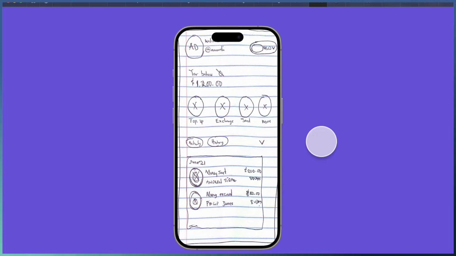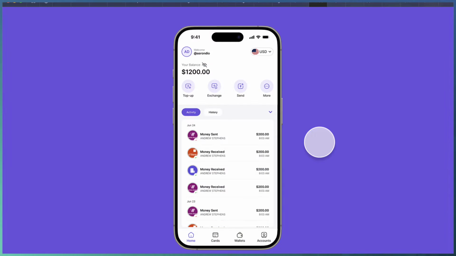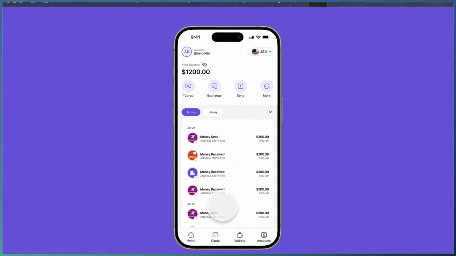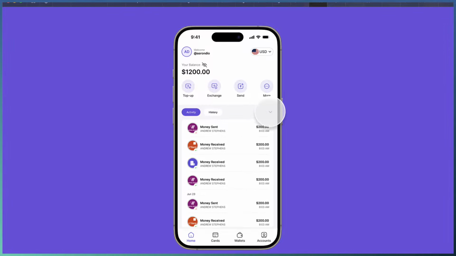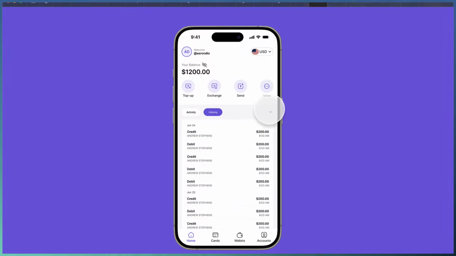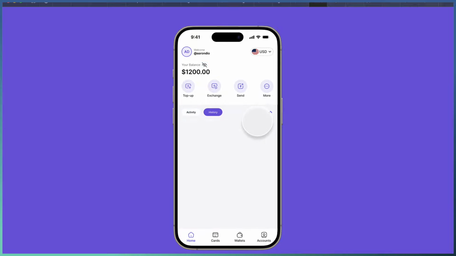In this tutorial, I'm going to show you how you can convert this paper sketch into this design. So here we have some little prototype, and you can actually scroll between these items. You can close this and open this, as well as close this particular section if you don't want that. We can also hide the balance here, and then you can display the balance again. For the bonus page, we actually created a splash screen here that will just introduce the user, then slide into